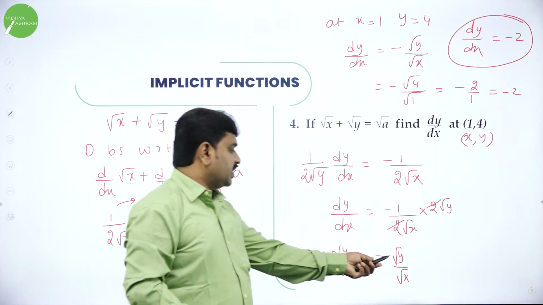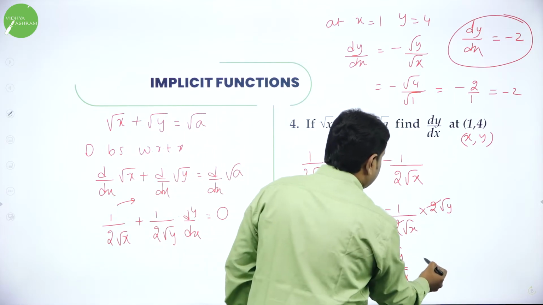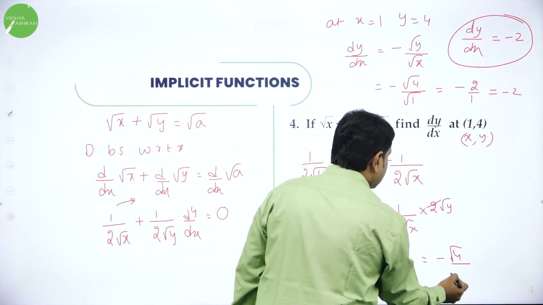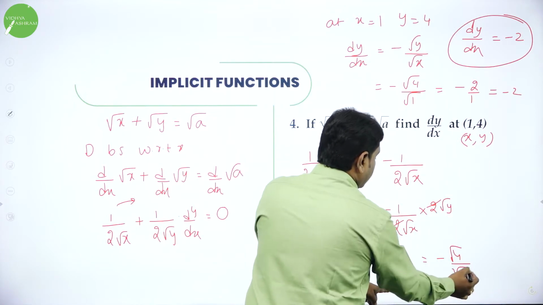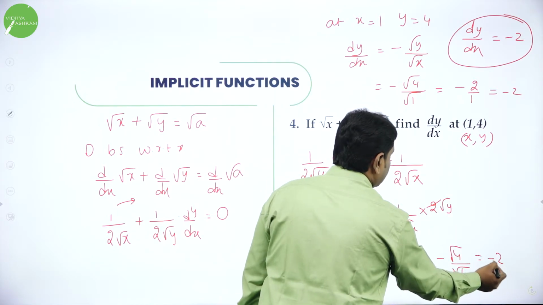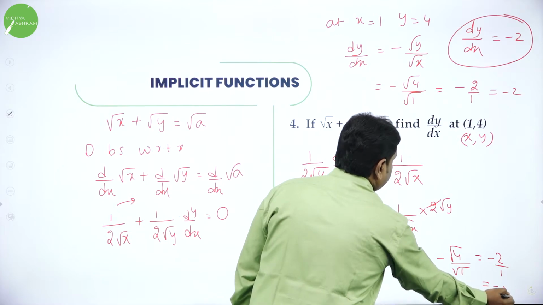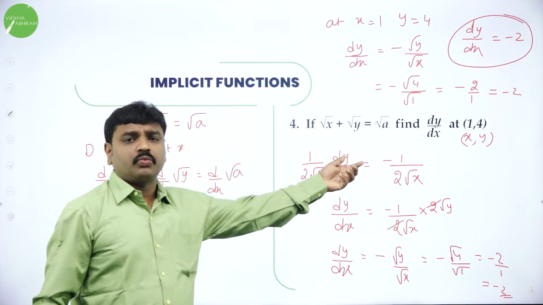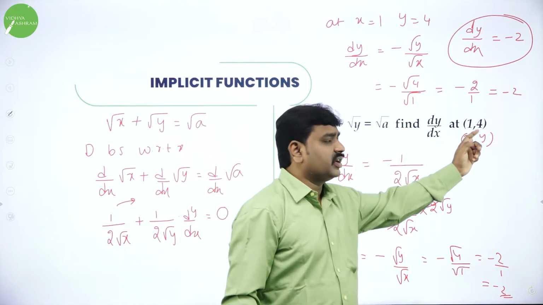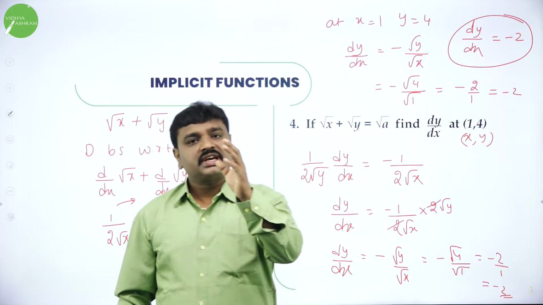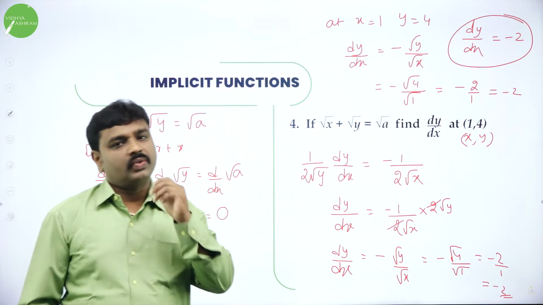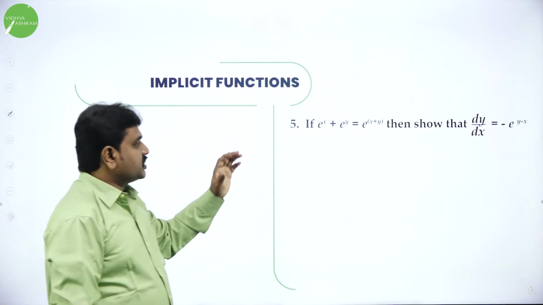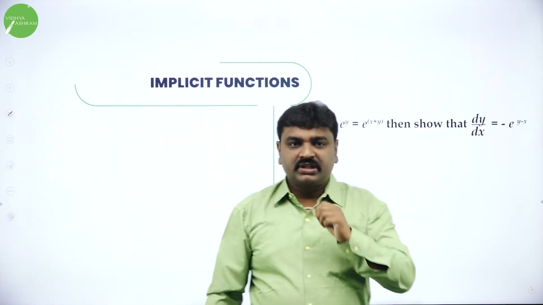In the place of y and x, put the value. So y is what? 4 under root. X is what? And root x means root 1. Root 4 is 2, over 1, that is minus 2. Whenever they give x and y values, they give a point. All of you know point. How to read a point? X comma y. In a point, the first value is called the x coordinate and the second value is called the y coordinate. Okay, dear students, this problem can be done by two methods.